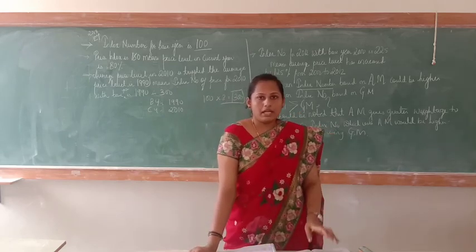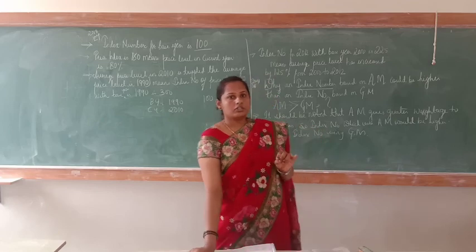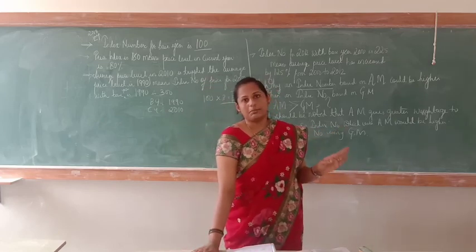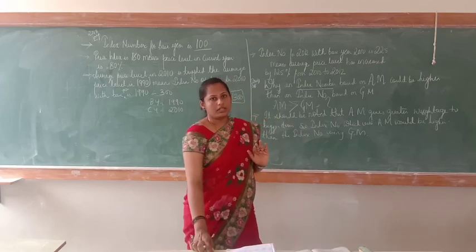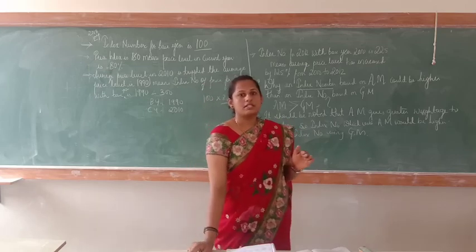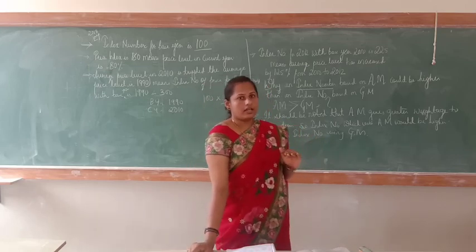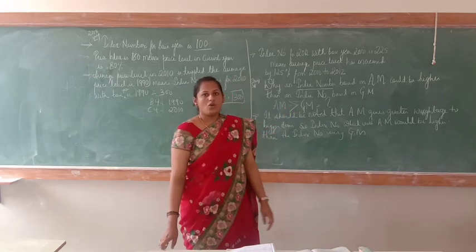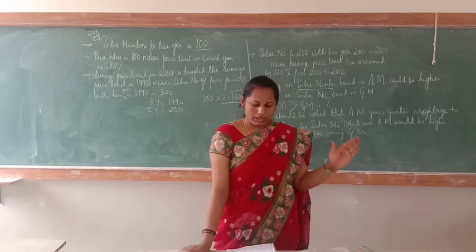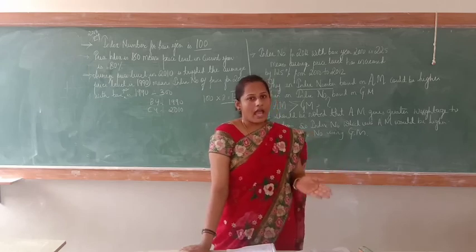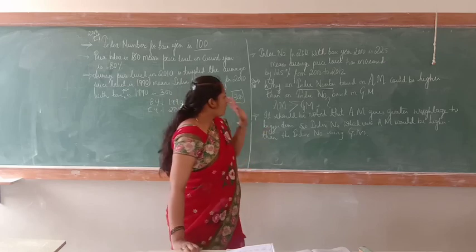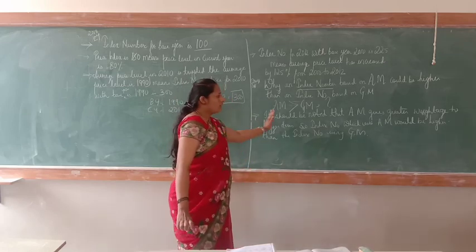One problem I will give for homework. This is a mixed problem. You have to solve it first with arithmetic mean and next with geometric mean. There you can see which one is the bigger answer, arithmetic mean or geometric. I hope you understood all this: weighted, unweighted, weighted aggregative and weighted average of relatives. So till here be perfect.